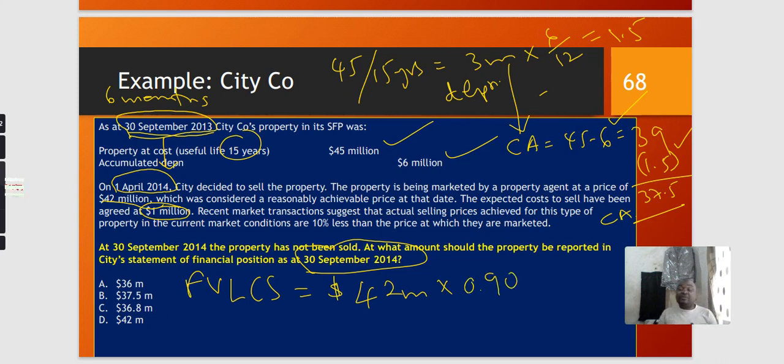Why are we saying 0.9? Because we need to incorporate this statement that for it to be sold, it should be 10% lower or lesser. It should be 10% less. So 42 multiplied by 90. This is the price, the fair value now. This is actually the fair value for it to be sold. The market price or the agent's price of 42 million is actually a Wonderland price. It should be 10% lower. All right, that's what is likely to be